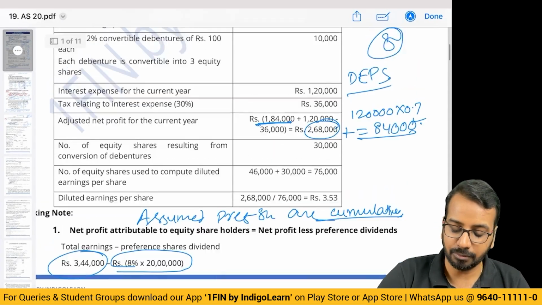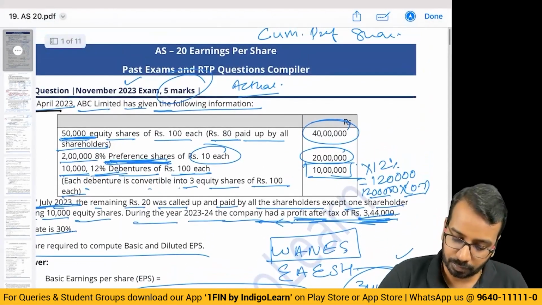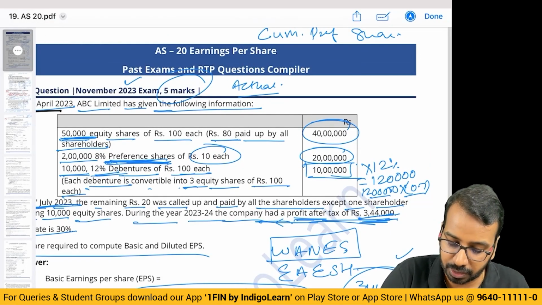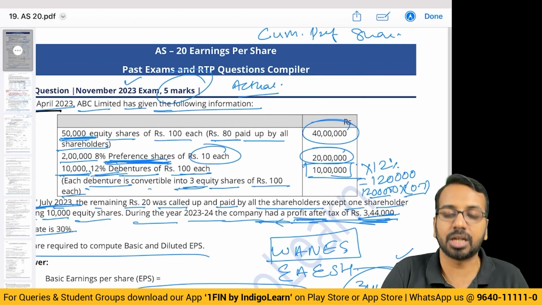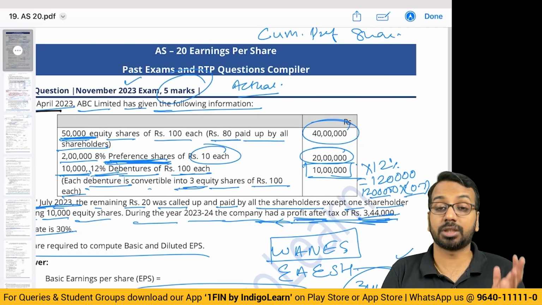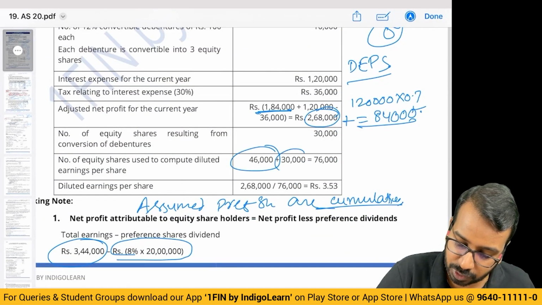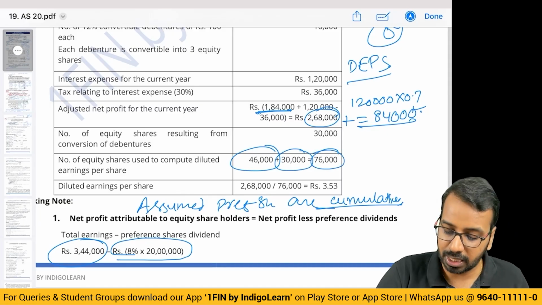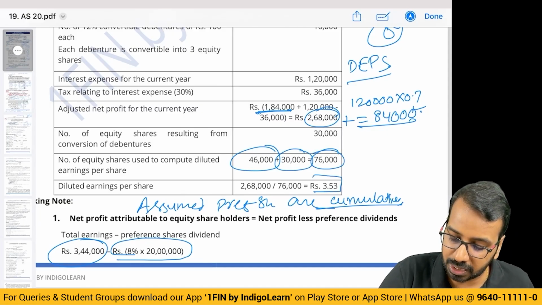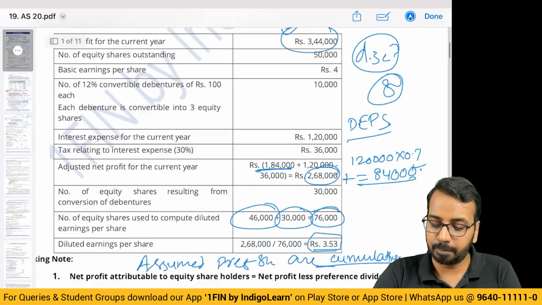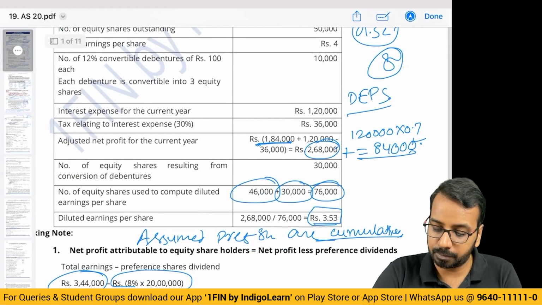Okay. Then how many shares? 3 shares you can convert. So you have 10,000 debentures, 3 shares when you convert, you get 30,000 shares. So in the denominator, you will take 46,000 plus 30,000, 76,000, and then you will calculate the EPS, which is 3.53, or if you take 344,